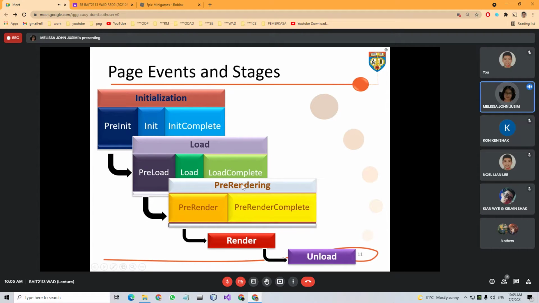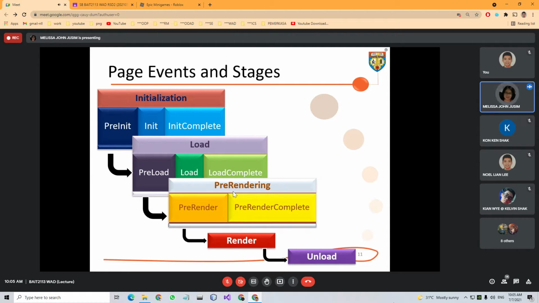Now, because we have pre-rendering and render, what's the difference? Pre-render means we will perform the necessary updates before the output is rendered. The output is rendered in the next stage. During pre-rendering, ASP.NET will generate a hidden field.